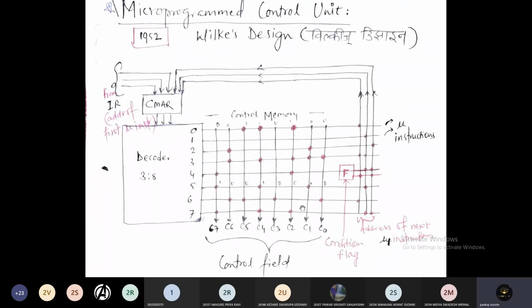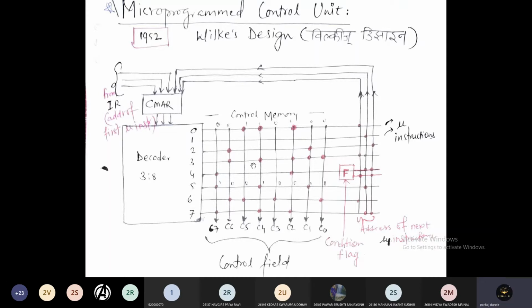So as compared to micro operations, in case of this microprogram control unit, we are going one layer additional. We are detailing the concept with the help of one additional layer, that is the layer of the programs.